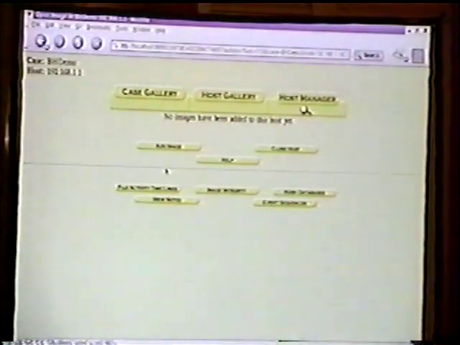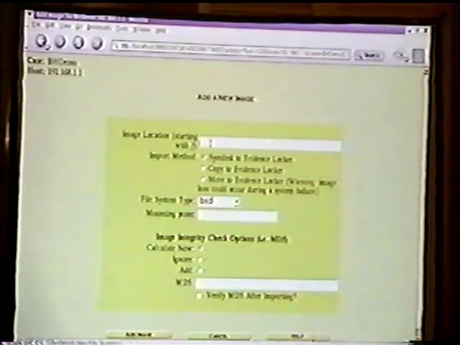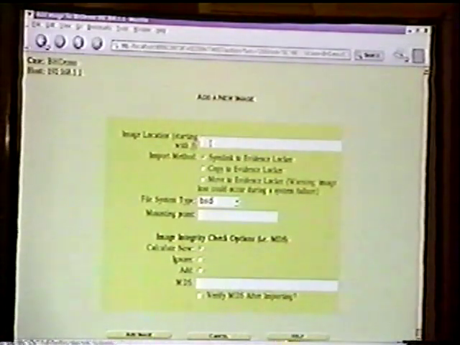Okay, now we created our host, but there are no images right now in the host, so we want to add our images. So just click on Add Image. Image location. Now this is where we're actually going to specify the loopback device that we want to look at. Because one of the things about Autopsy, and this is also on your slides if you're following along, is that it requires that you have images of individual partitions. And that was kind of the whole point of why we installed these NASA loopback drivers, because we want to be able to look at the image of an entire disk. So by pointing it at the NASA loopback drivers,